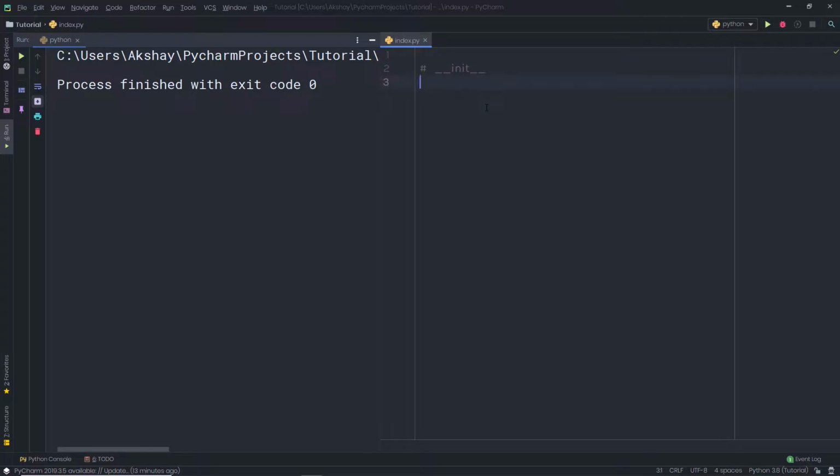In the previous lecture, we understood how encapsulation works in Python. Using encapsulation, you restrict the data from access. Now, let's take a look at what the init method is. This is a very important method while creating a class. So in this lecture, we are going to understand what the init method is and how we can use it